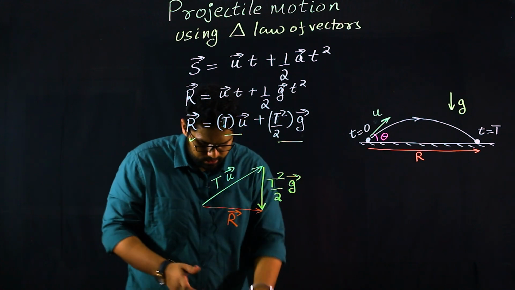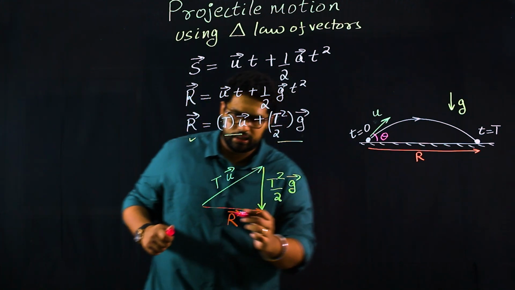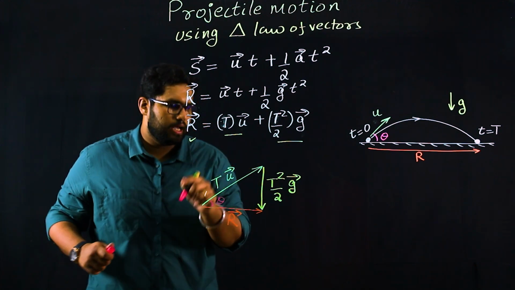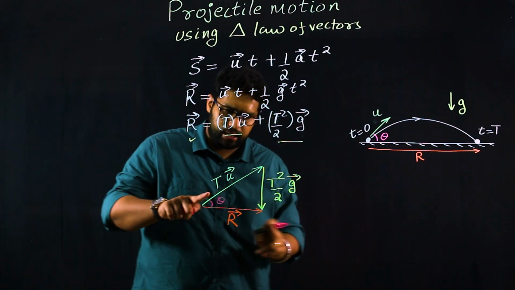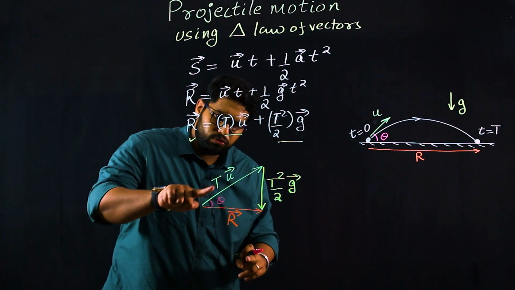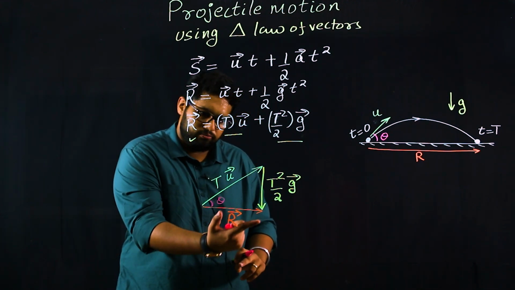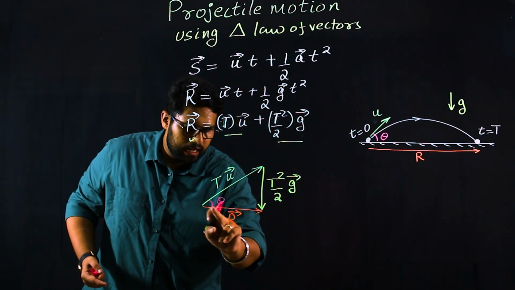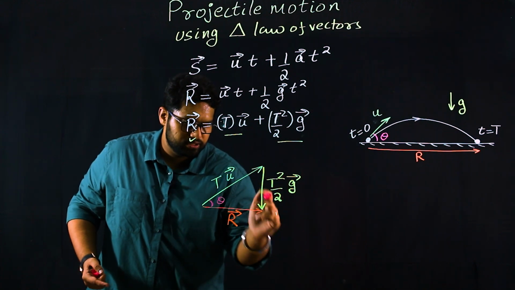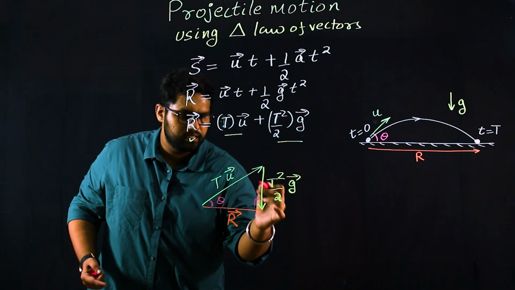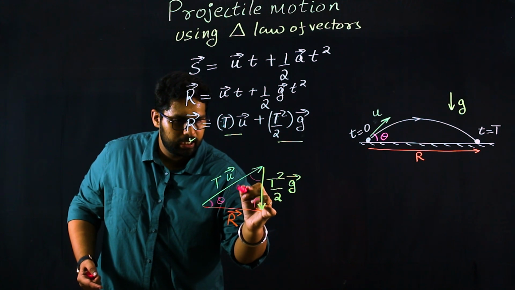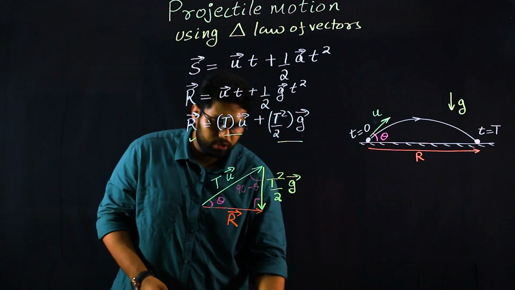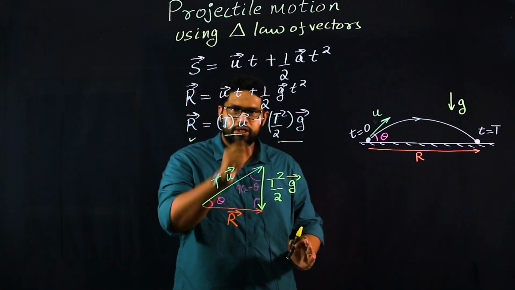Now if you look at the simple geometry here, you could see that this particular angle is theta, because this is the angle made by u with the horizontal, and in this triangle it is the angle made by uT with the vector r, which is also horizontal. So if this angle is theta and this r is horizontal and this particular vector is vertical, so this angle has to be 90 degrees. So this angle would be 90 minus theta. Now using this particular triangle, all you need to do is use the